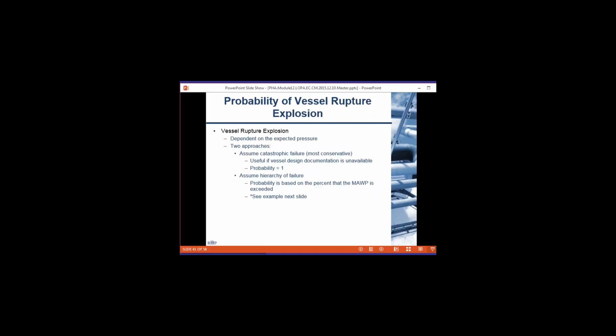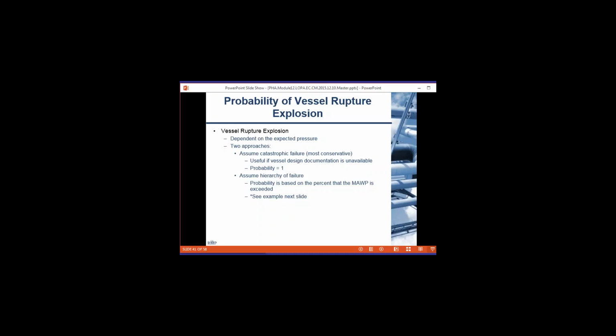Probability of vessel rupture explosion. Here, so vessel rupture explosion, once again in HAZOP, we're looking at the ultimate potential consequence. So what we'll say is, okay, this goes to the worst possible thing that could happen. The team will always say, yes, the ultimate potential consequence is if this ruptures, we have an explosion, and there's fatalities, maybe multiple fatalities. However, a lot of units also say, well, you know, this is dependent on the expected